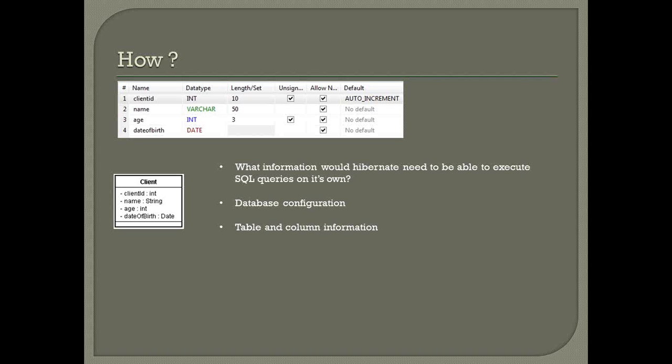So by providing this, Hibernate can connect to the database, figure out what queries to execute, and populate the POJOs from the database. So the configuration file of Hibernate is the configuration file which is required for the database connectivity,